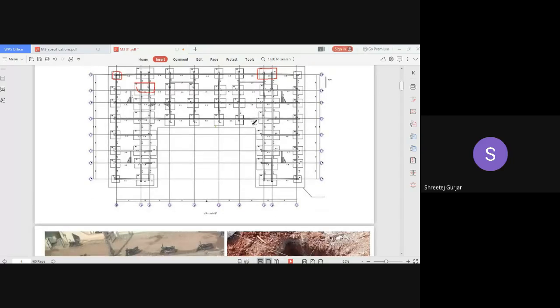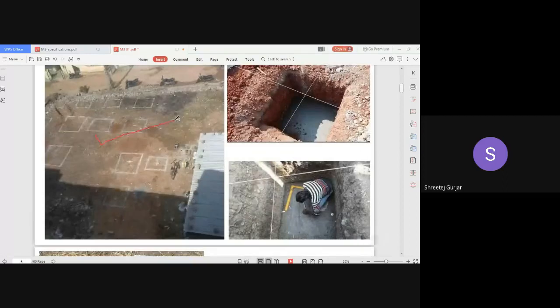Next, what you do? You put line dories, and then you mark on your ground. You put line outs. This is called line out, marking lines on your ground. Once you do this line out using line dory, then you excavate.